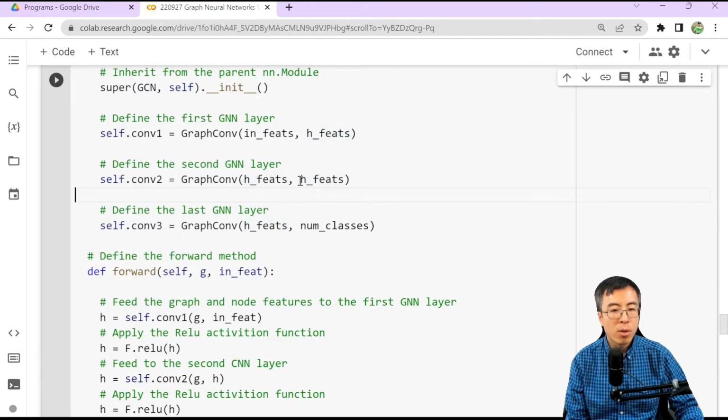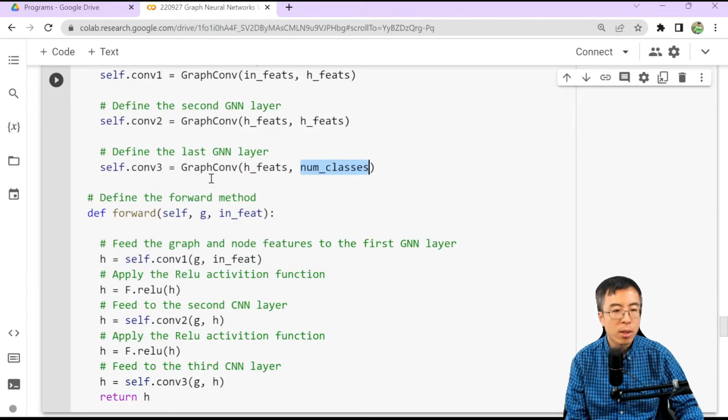And we decide to use the same number of features as output for the second GNN layer, linking that to the last GNN layer, which has the same input size, but the output size would be just the number of classes we want to predict. Here, the number of classes equals 2 because there are 2 classes we want to make the prediction on.